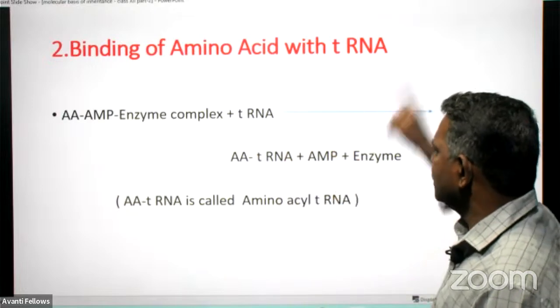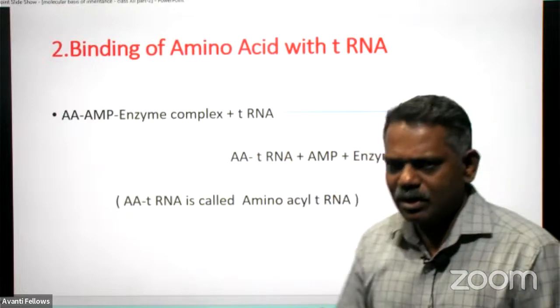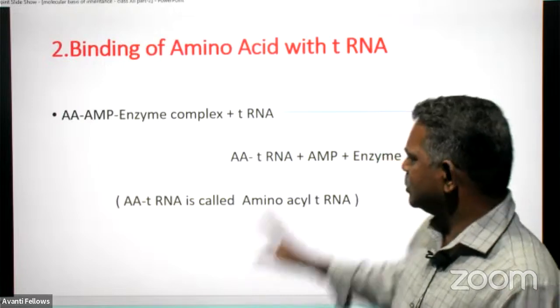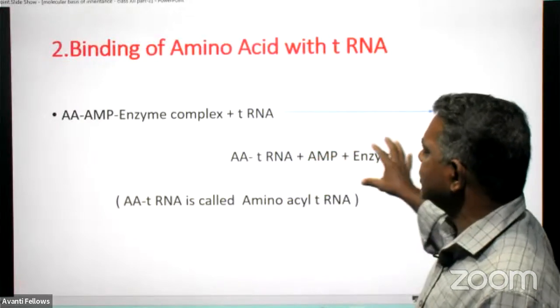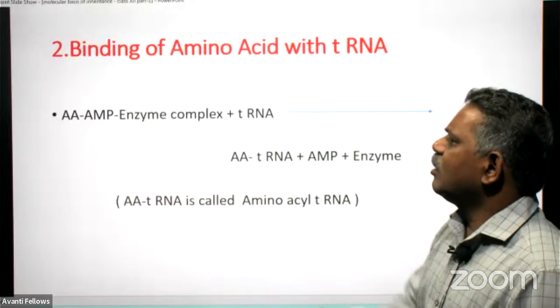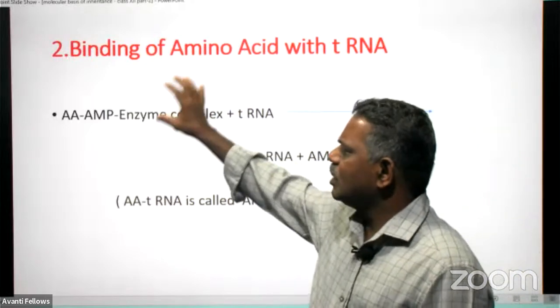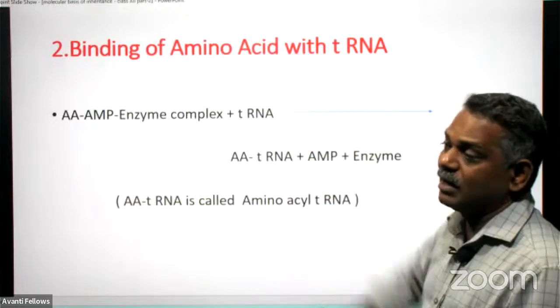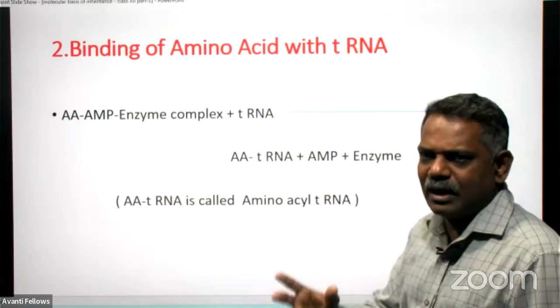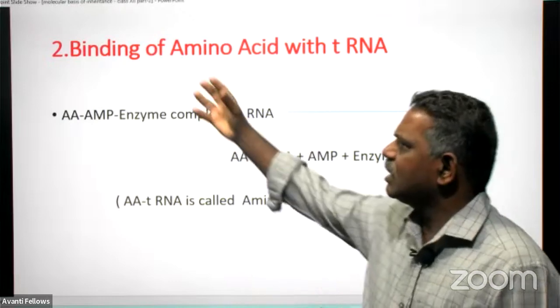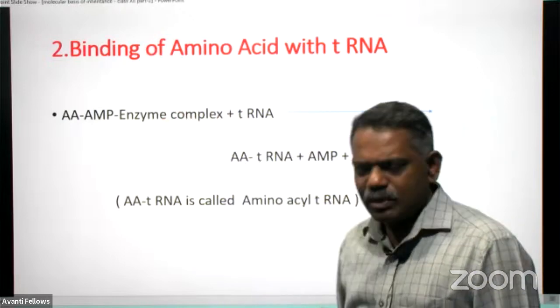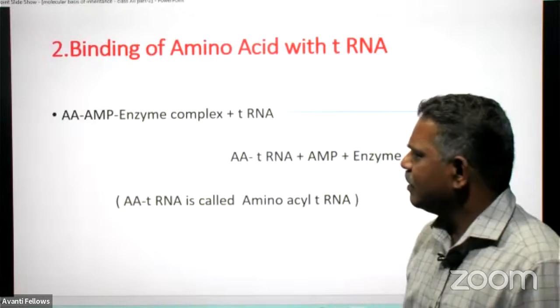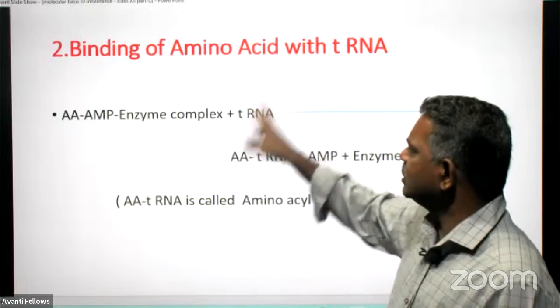AMP will be released and the enzyme also will be released. It is ATP and enzyme only that activate and produce the amino acyl AMP enzyme complex. But after meeting with the tRNA, what is tRNA? There is a particular tRNA for binding a specific amino acid. Then after meeting with the tRNA